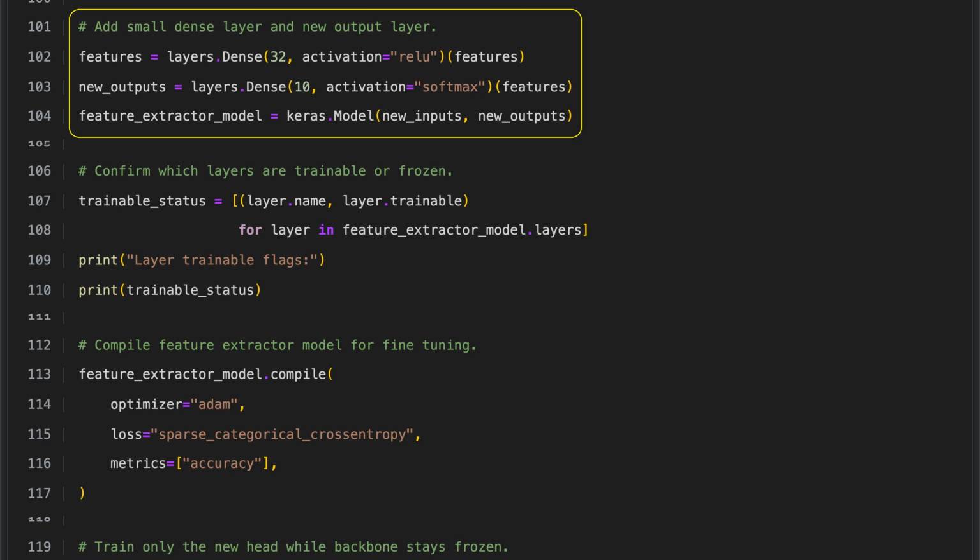We extend the frozen backbone model by adding a dense layer with 32 units and a ReLU activation to learn more complex patterns from its extracted features. On top of this, we add another dense layer with 10 units and a softmax activation, which produces class probabilities for the 10 target categories. Using the backbone as input and this final softmax layer as output, we define a new Keras model that combines feature